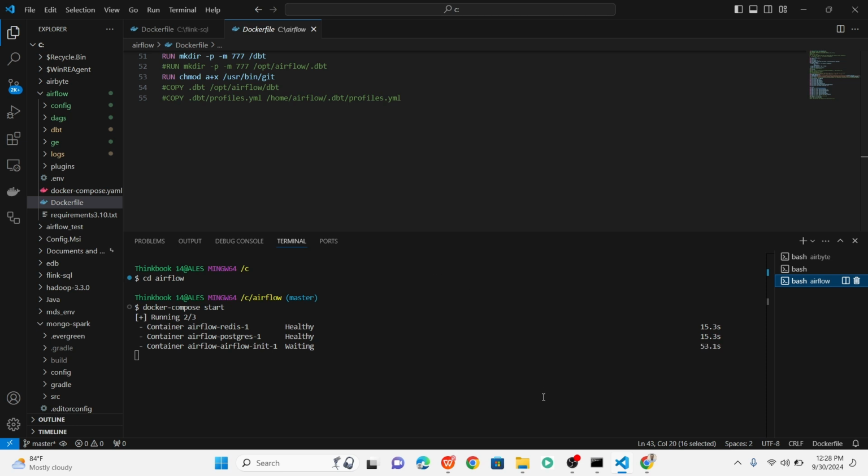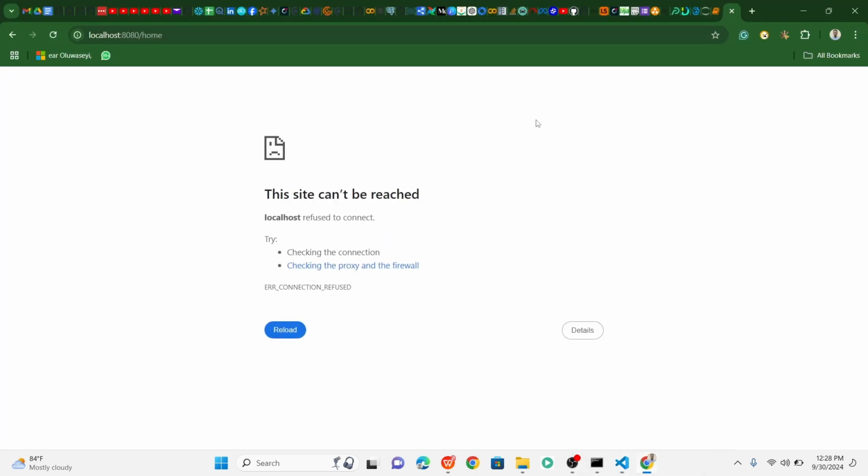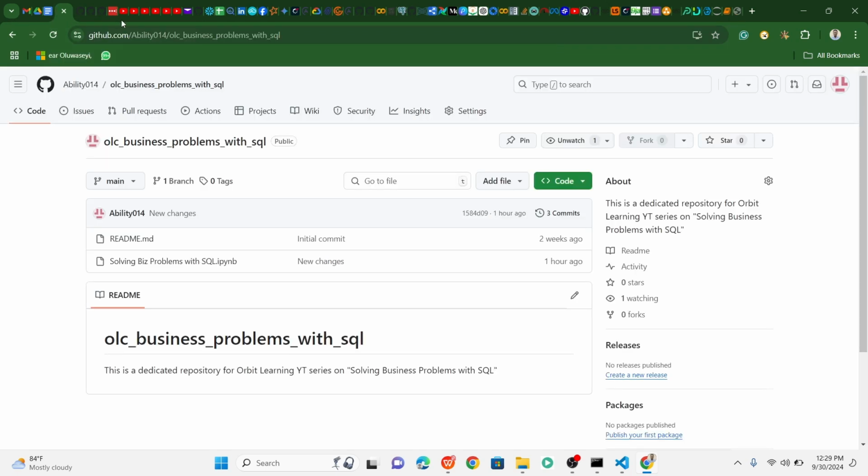Okay, so while we are waiting for this to start, which is going to start real soon, we want to create a new Git repo for this project. So I'll go to my GitHub account,